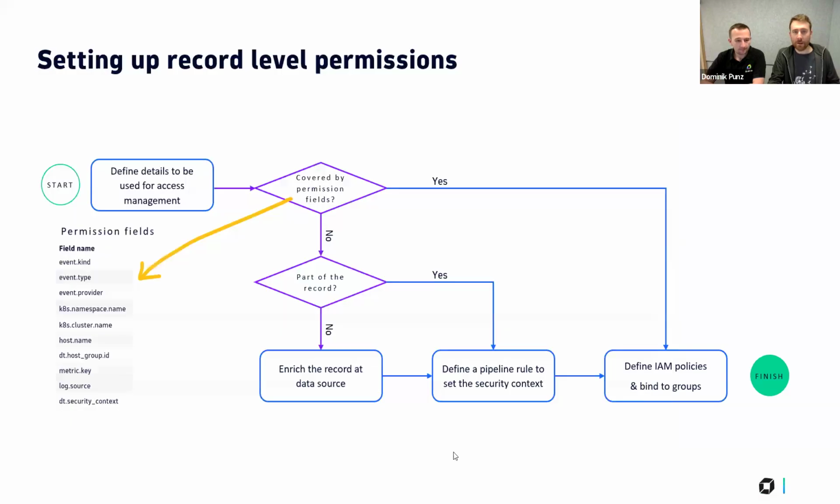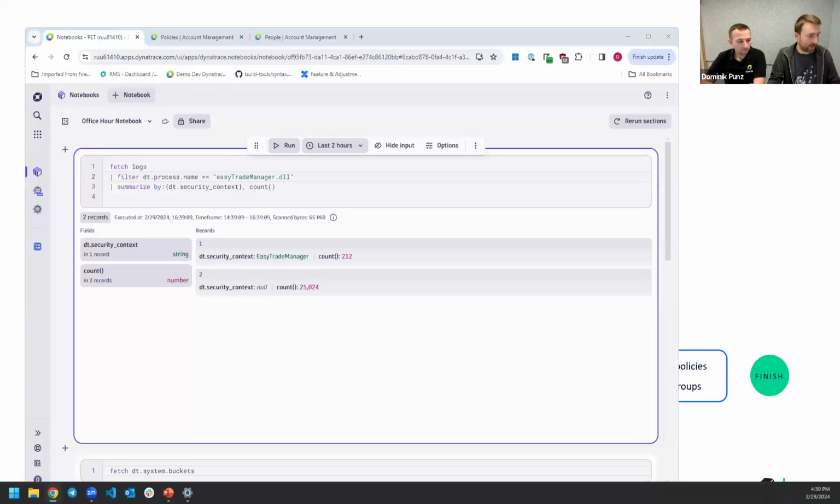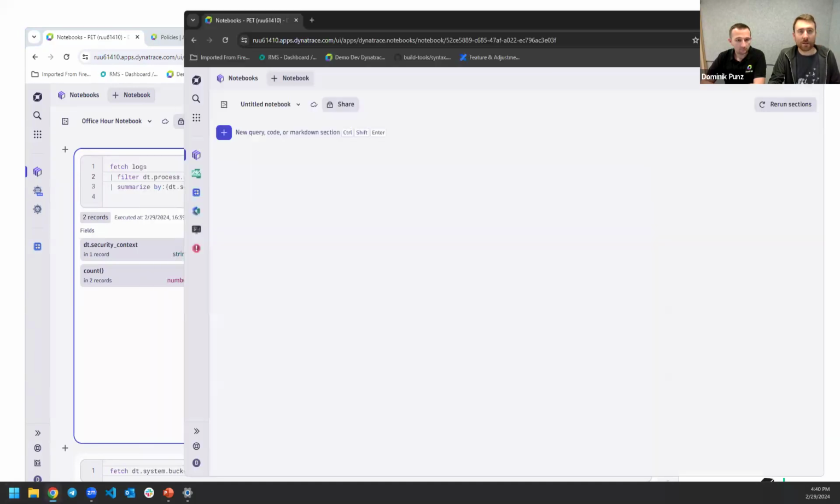Going back here, we now went this path. So we went through here, we had a no, and now we did the pipeline rule. So next, what we're gonna do is set up the IAM policies, bind it to the groups, and we're done. And before we actually do this, I'm quickly gonna show you the user that we will be testing this out with. So I have here my